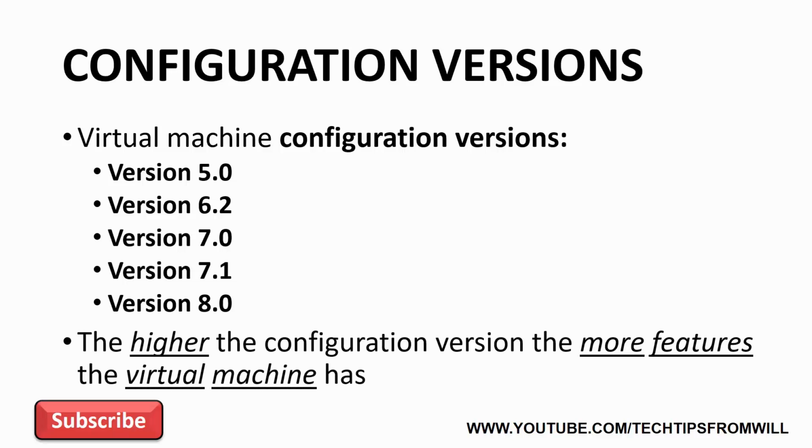The thing to remember here is the higher the configuration version, the more features the virtual machine has. For example, a virtual machine that has a configuration version of 8.0 will have more features than a virtual machine with a configuration version of 7.1. And a virtual machine with a configuration version of 7.1 will have more features than a virtual machine with a configuration version of 7.0. When creating Hyper-V virtual machines, just remember the higher the configuration version, the more features you'll